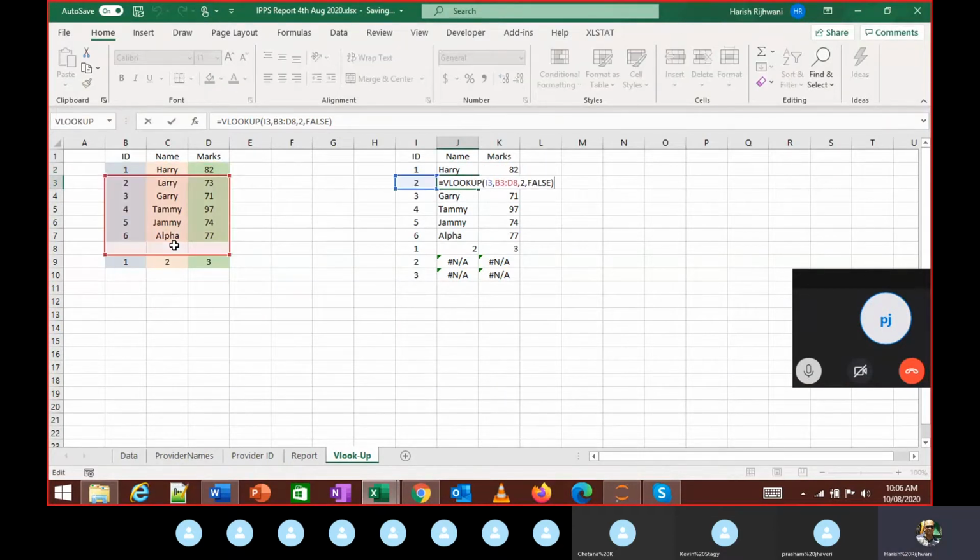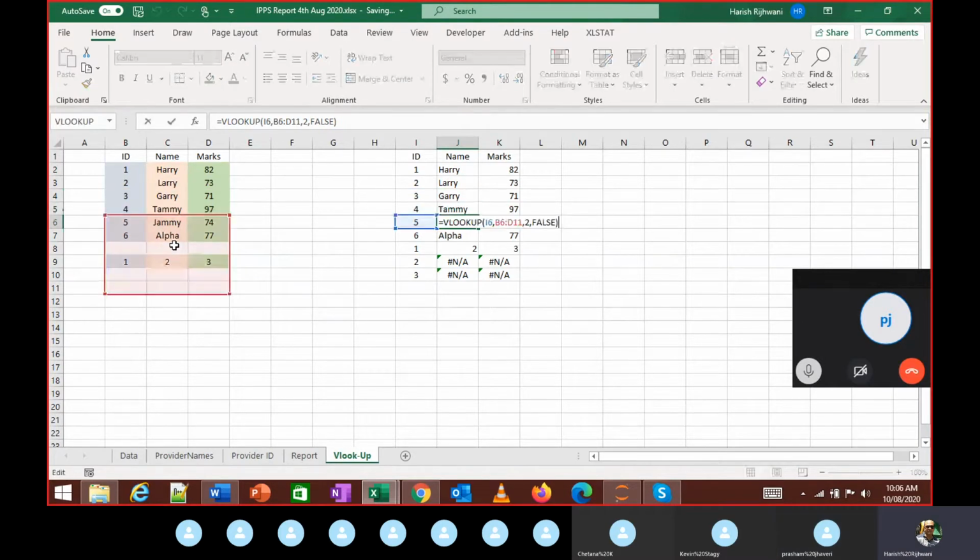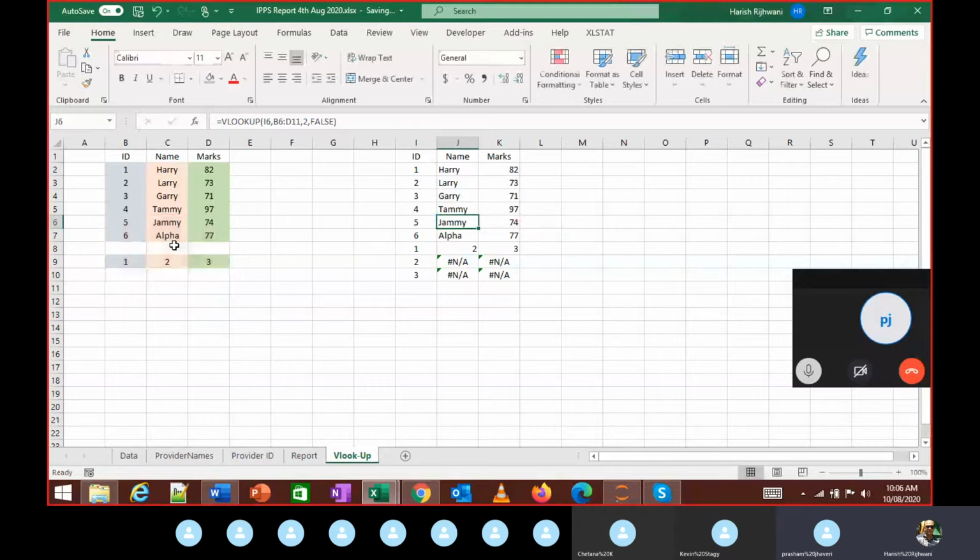When I select Larry, do you see something which has changed over here as compared to this row? Has something changed? Do you see a difference? An extra row is added in the table. As you go down, the extra row is not added. What is happening is the table range is changing. The table range is extending. Yeah, the table range is shifting down.